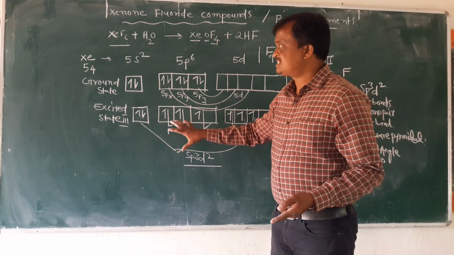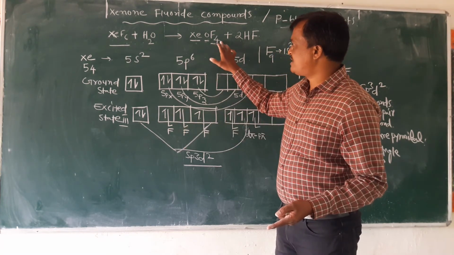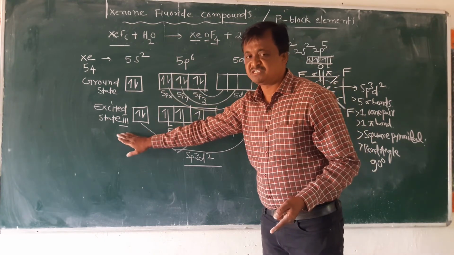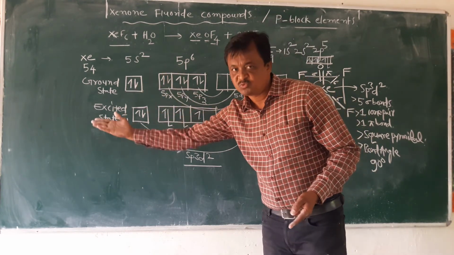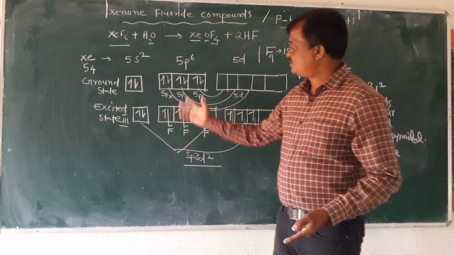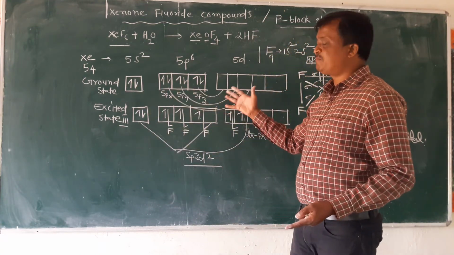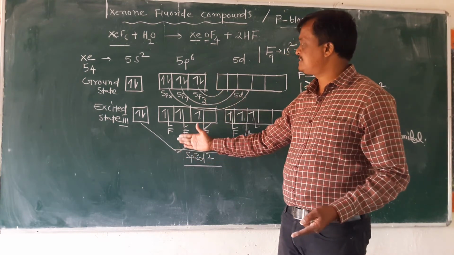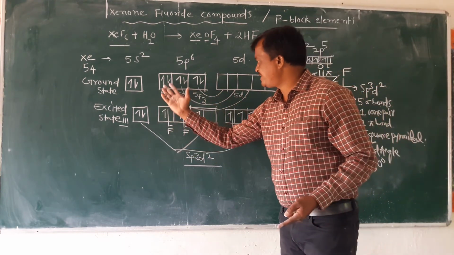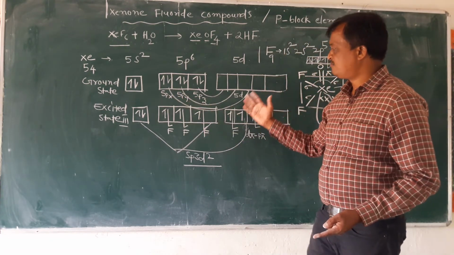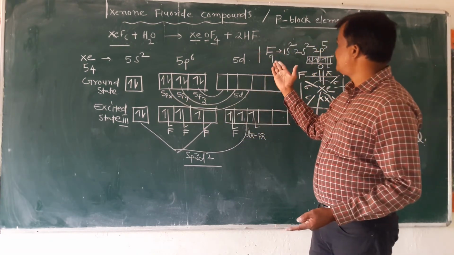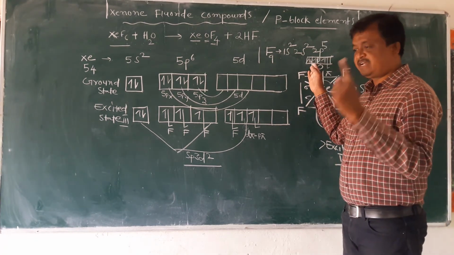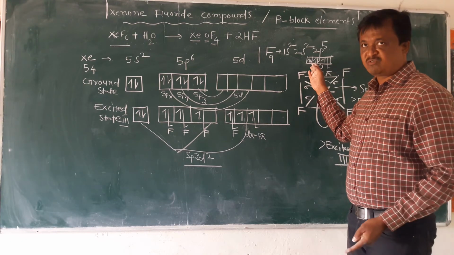Let us discuss the structure. In xenon oxytetrafluoride hybridization, ground state, excited state, third is possible. Excited state 1, excited state 2, we have already discussed. 3 electrons are promoted, 1 by 1 promotion. Excited state 1 is possible, excited state 2 is possible, now excited state third. So 3 electrons are promoted from the p orbital to the d orbital. Fluorine has atomic number 9, 1s2, 2s2, 2p5. Fluorine requires only 1 electron to get a noble gas electronic configuration.